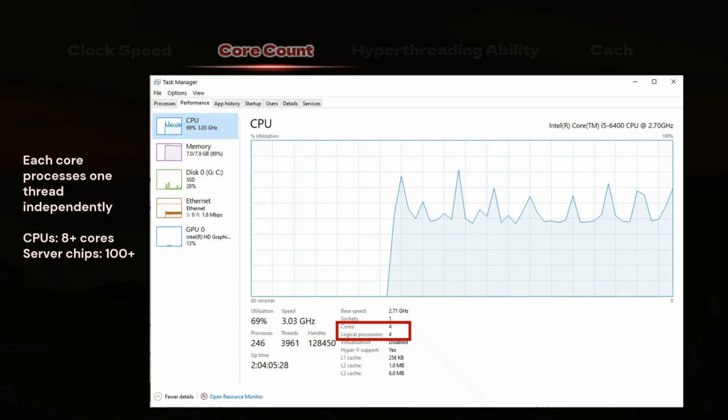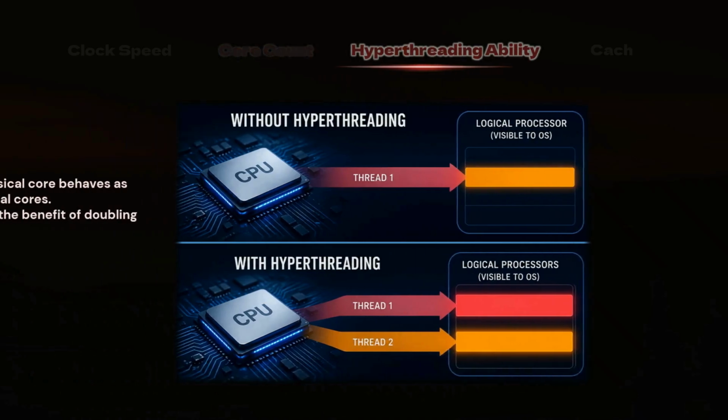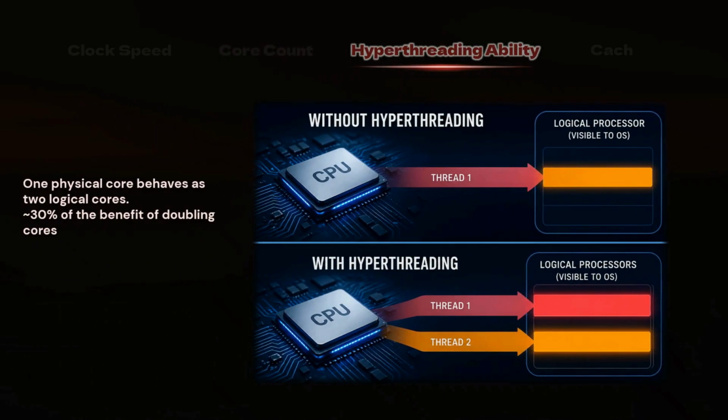A feature often called hyper-threading or simultaneous multi-threading places additional registers on a physical core, allowing it to behave as two logical cores. Each logical core can process its own thread, but they share the same underlying resources as a physical core. Frequently, hyperthreading is used in conjunction with multiple cores. For example, you might see a 4-core, 8-threaded CPU. Now, if your CPU supports multi-threading, you can enable or disable the feature in your system BIOS or the UEFI.